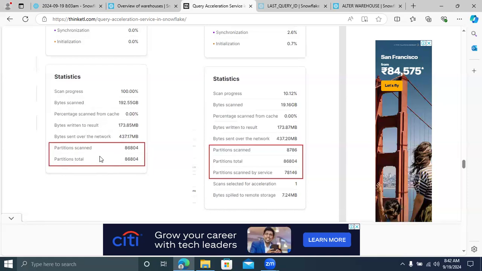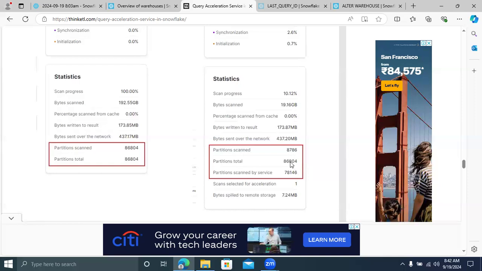The entire partitions were scanned without QS. But with QS, Sendamal, the total partition is 86,804. In that, how many partitions are scanned? See, out of total partitions, only 8,786 partitions were scanned.